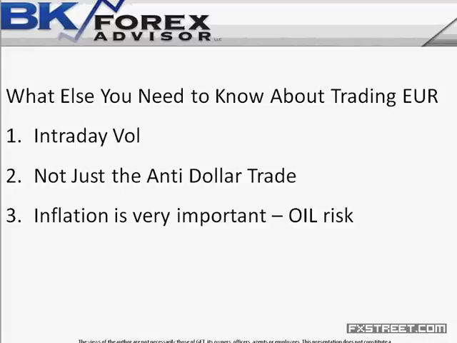For the most part, it is the anti-dollar trade and also a risk trade. But when we have big, shocking news in terms of Eurozone economic data or big spikes in Italian and Spanish bond yields, it also makes a euro trade or a European outlook trade. So to sum it up, when it comes to trading the euro, it's usually, I would say, 70% about risk appetite and about how the markets feel in general, about either the possibility of more stimulus or the possibility of better economic data around the world.